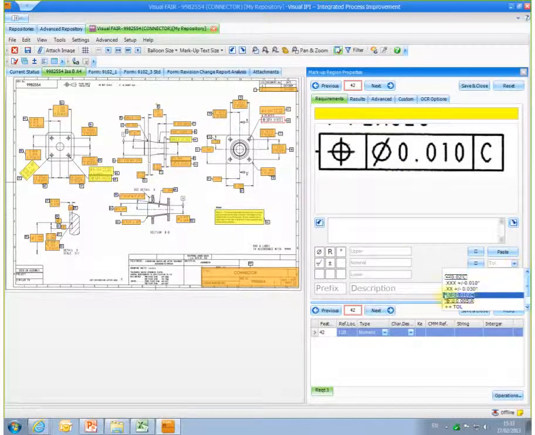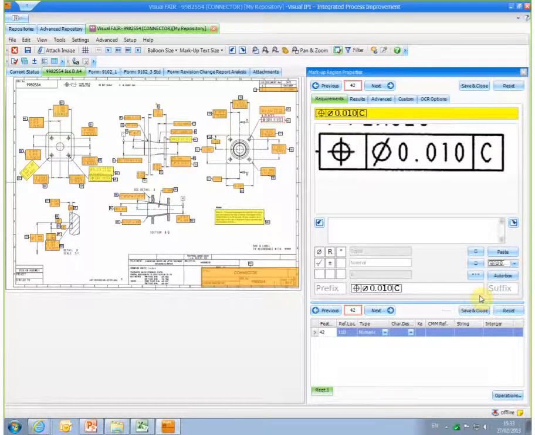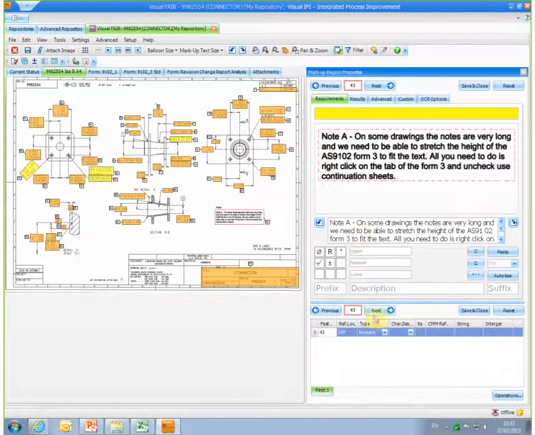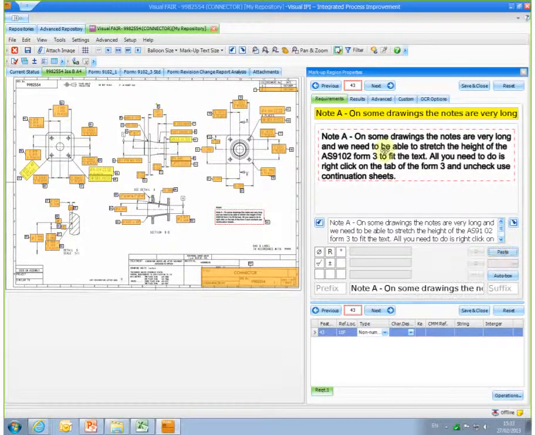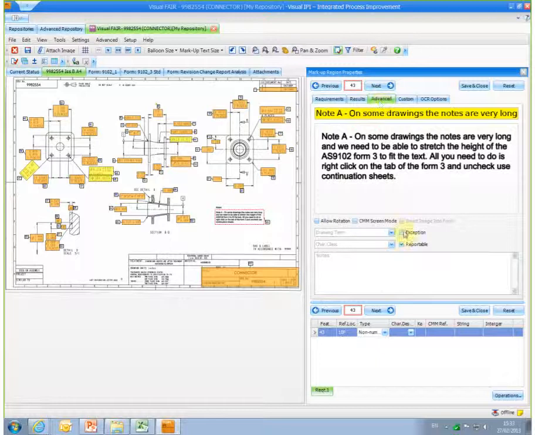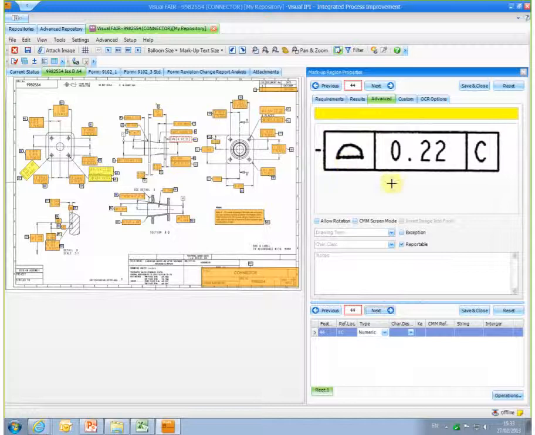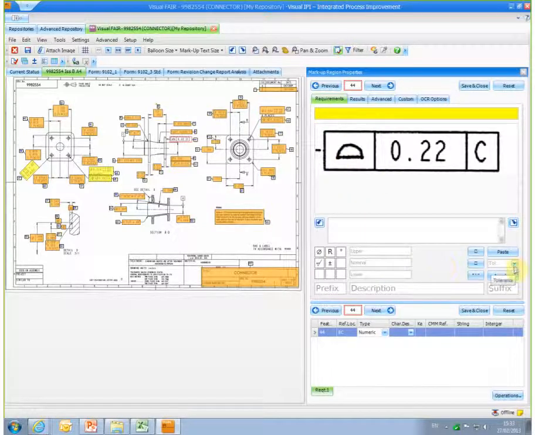It just so happens I've got some predefined requirements already here. That's a drawing note, so there I can capture the note, I can set that to non-numeric, and I can paste that. If I go to the advanced and take an exception to it, the same for that first one that I did, and again take an exception, pull this through,